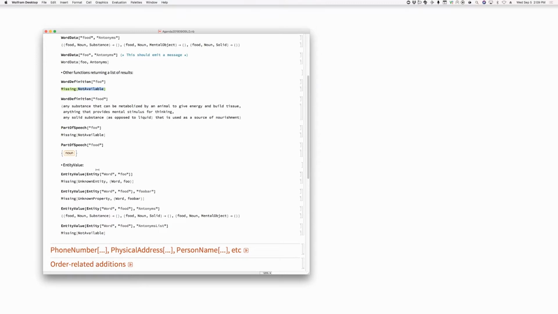Well, that's okay. Then we should give a null list. I mean, if we know the word and we know that there aren't any, then just give a null list. That's fine, I think. What's the problem with that? I mean, okay. So if you say